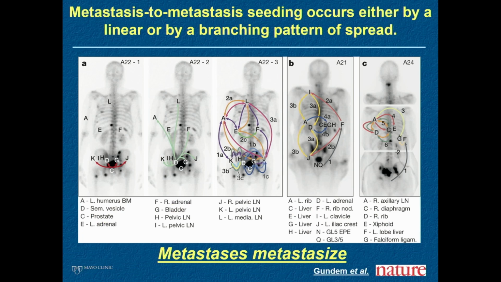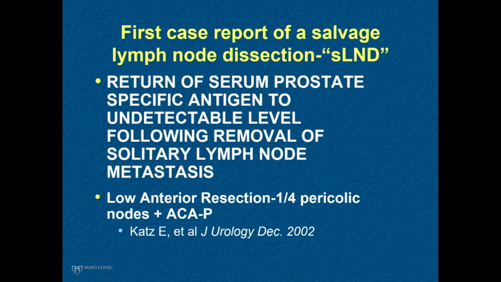But what we do know now, from bench to bedside basic science work, is that prostate cancer metastasis can independently metastasize. So there is some biological rationale for us to intervene on metastatic prostate cancers to perhaps change the course of their disease. So I will bring this concept up of a salvage lymphadenectomy. It is mentioned in our salvage therapy guidelines. It has been in the EAU guidelines for a number of years.